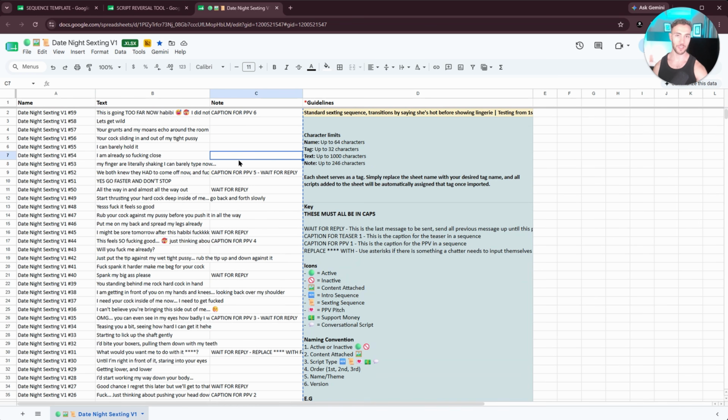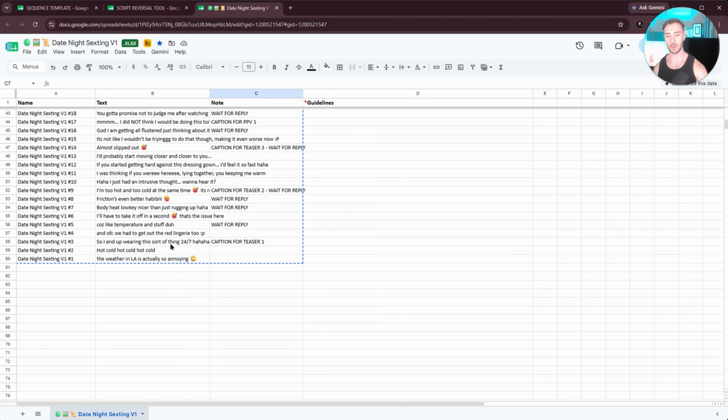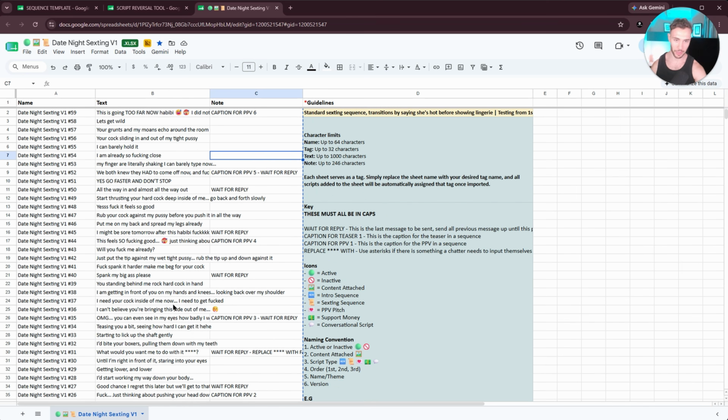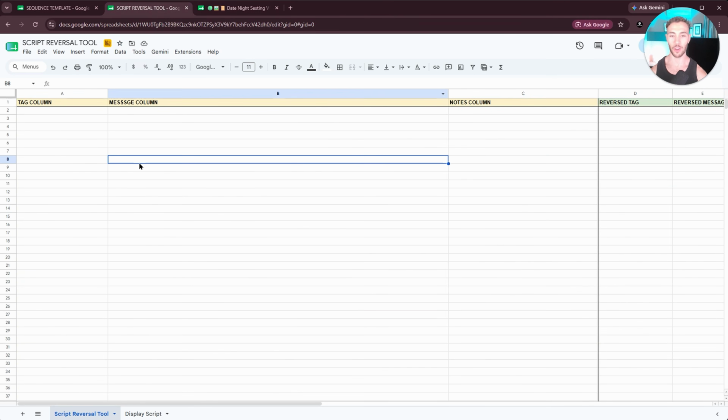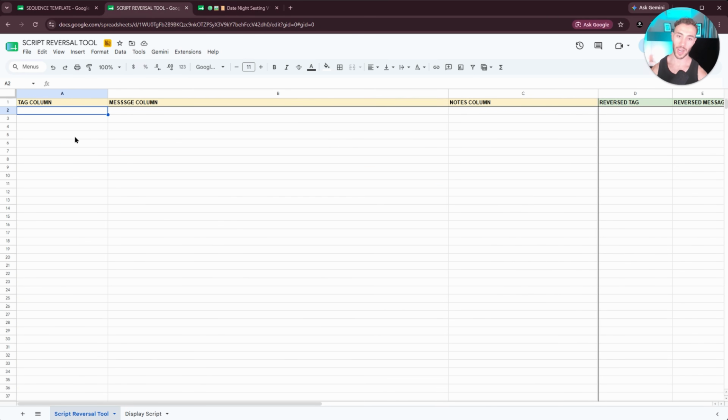It'll look like this when it's fully filled out. You'll notice that the sequence is actually written from bottom to top. You actually have to put it in this way, otherwise Infloww reverses it and it's upside down inside Infloww. So that's pretty stupid. But to deal with that, I've got this script reversal tool, and the way it works,